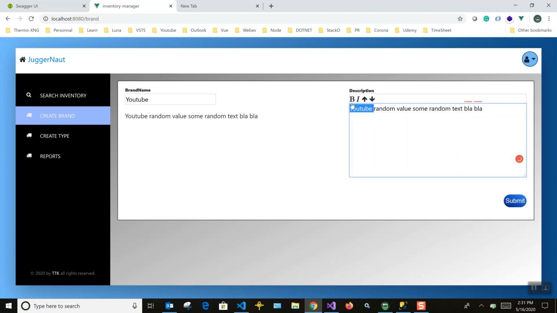So I'll make the YouTube bold and the random italic, value capital, all. So I'll make value small case and some as capital. Okay, so now we have the data. You can see here I have given only